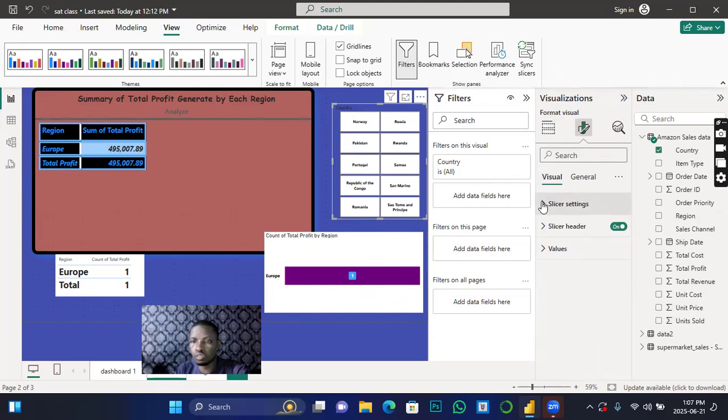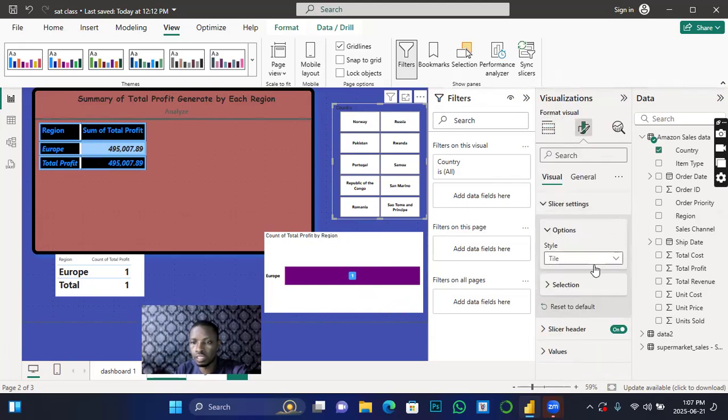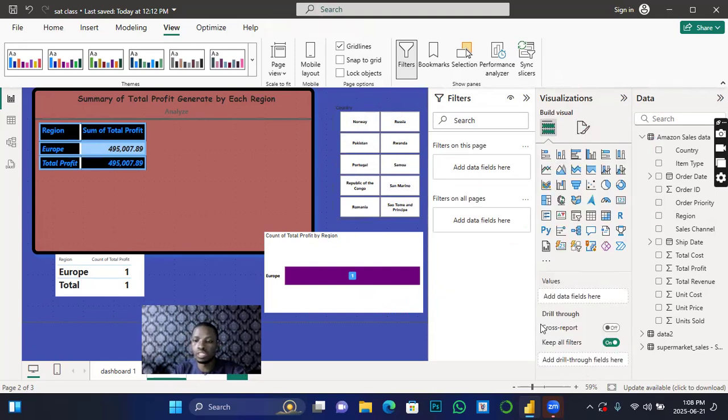So let me go back to settings. I come to selection and turn off this. So I just turn off multiple selection. And then I'm turning it on. If that multiple selection is not on, you cannot select more than one. So you can put it there like that. So this is where